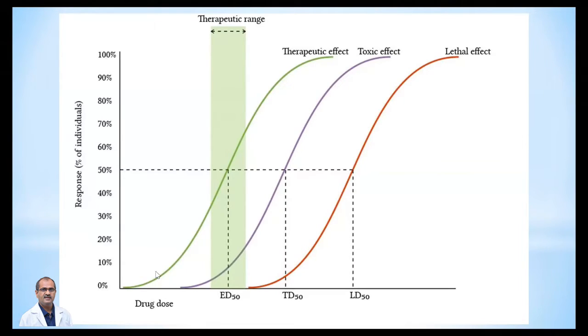So in the initial stage we will get a dose response curve. Whereas if you increase the dose, you will also get another dose response curve shifted to the right. And here you can get the toxic dose 50 value. Whereas the lethal dose 50 value you will obtain when 50% of the population is going to be lost. The dose range in which there is no adverse effect, and the expected therapeutic response is obtained, that's known as the therapeutic range.